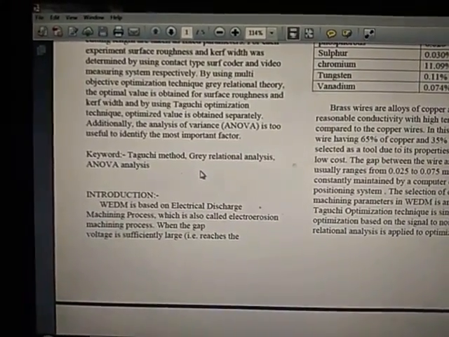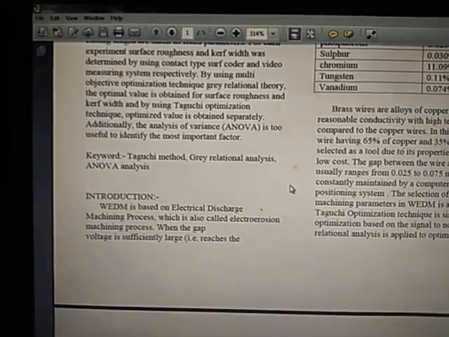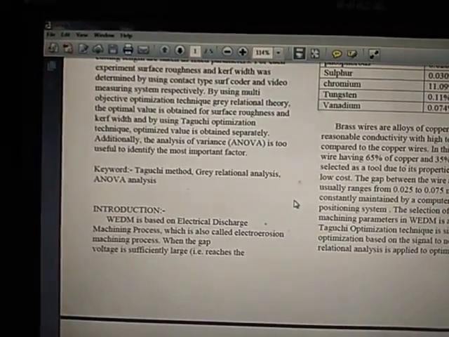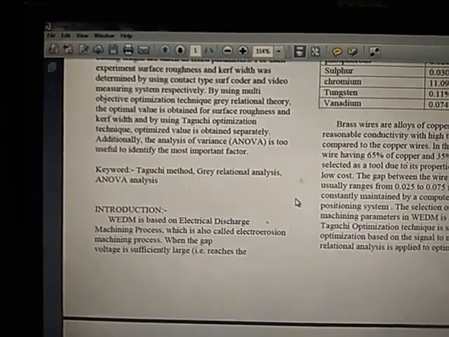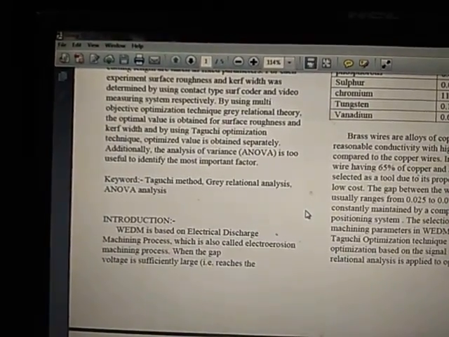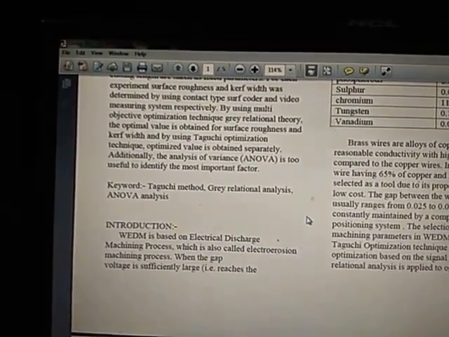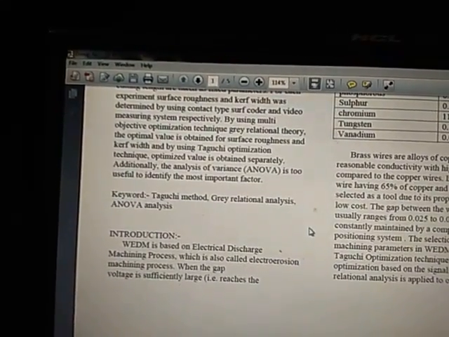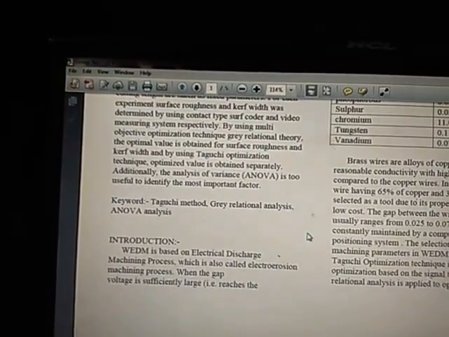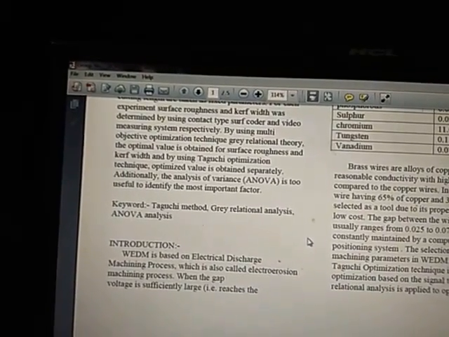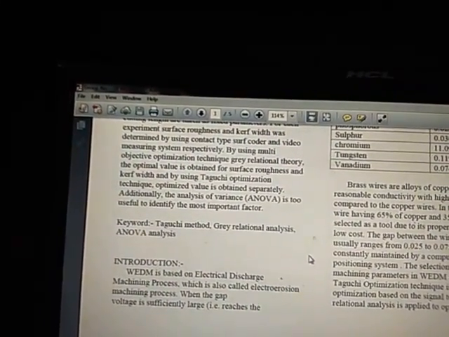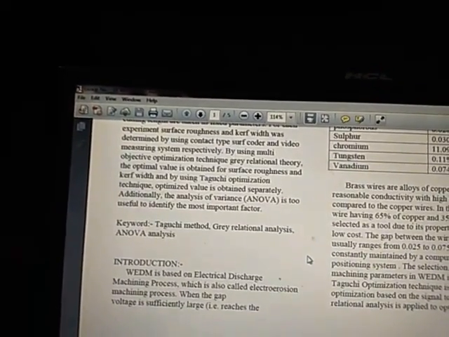In this non-traditional machining process, in electrical discharge machining, we use the wire electrical discharge machining type of machining process. We choose D3 stainless steel material and we have brass wire. 65% of copper and 35% of zinc is used in brass wire. The brass wire is an alloy of copper and zinc. The diameter of the wire is 0.25 mm,